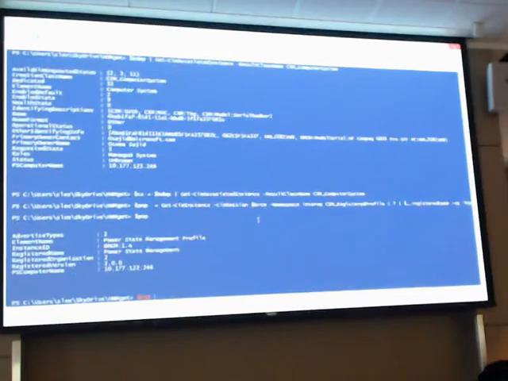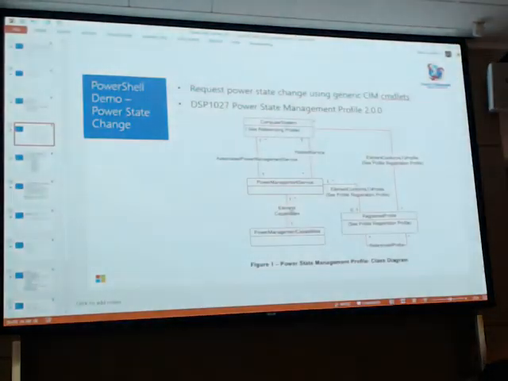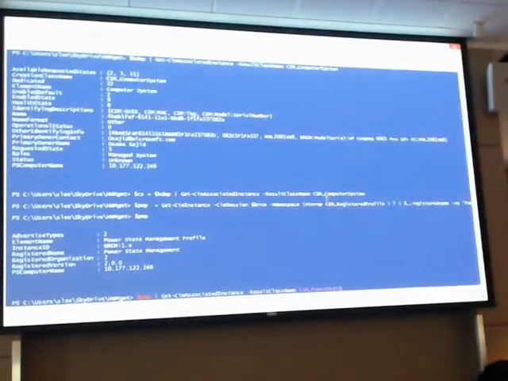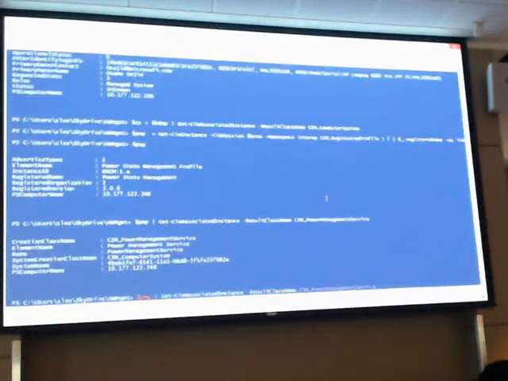Okay, so now that we have the other profile that we care about, we need to get the power management service. Let's see, power management service. So let's go ahead and store that power management service.